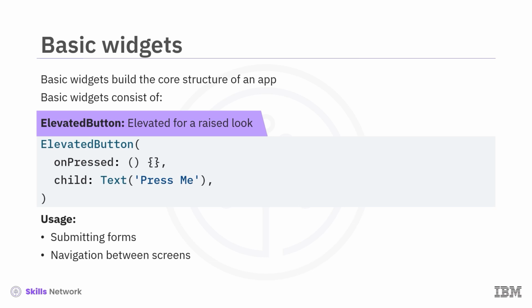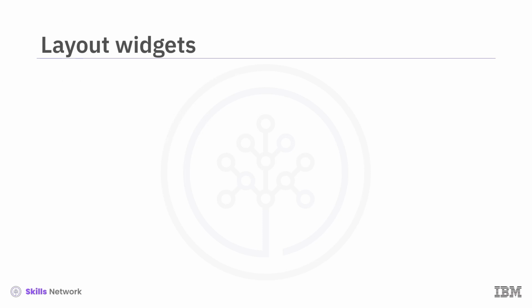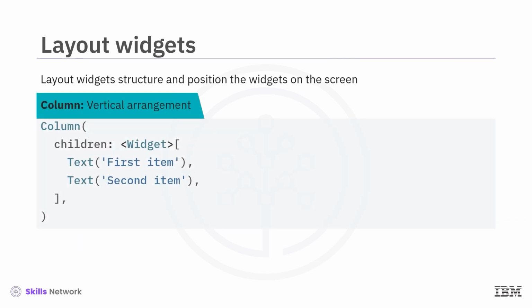The next range of widgets is the layout widgets. Layout widgets help arrange other widgets on the screen. They define the structure and positioning of widgets. As column: it arranges its children vertically. It is used when you need to stack widgets on top of one another, like in a list of items or a form. As a row: